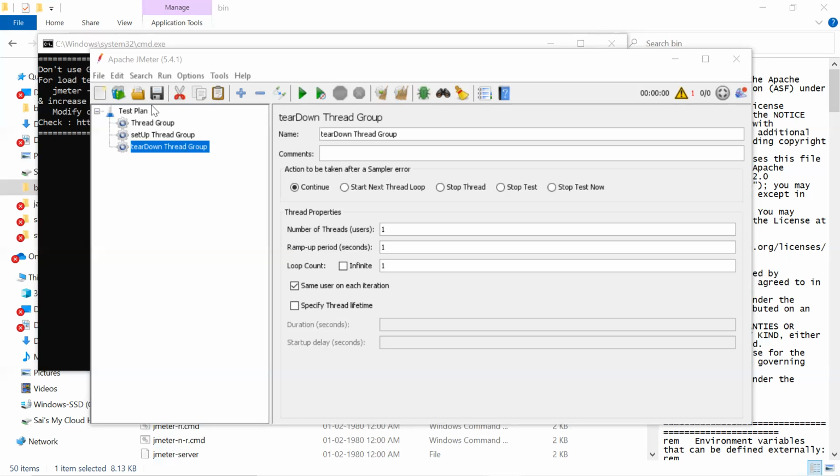Suppose we did a registration, and we created 1,000 IDs for load testing purposes. Or while doing a load test, there are 1,000 entries in the session. Could be anything. So before exiting, you want to delete them, because next time it may throw an error. That's why it's a tear down. It means after completing the test, it will clean it.